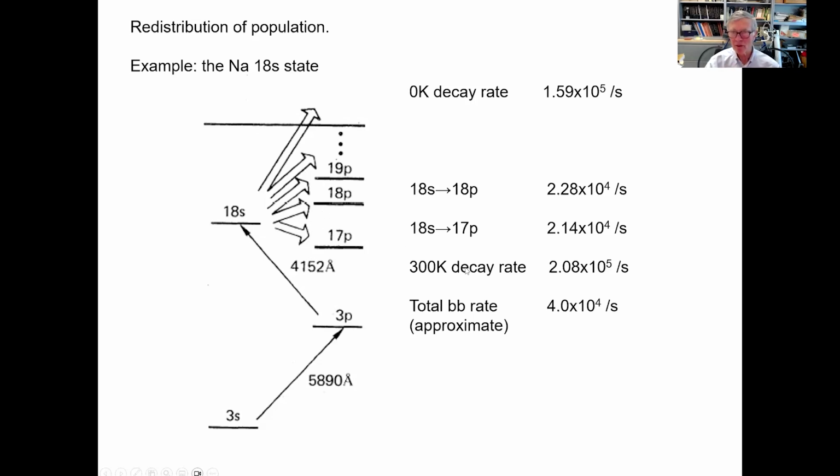And so finally, when you take into account the black body decay rate, the total rate here is 2 times 10 to the 5th, up from 1.6 times 10 to the 5th. So it's sort of like a 25% increase. And so this population is being shoveled out into these other states that you weren't thinking about. Although you might have used a laser to excite this state, you very quickly have all this other stuff.